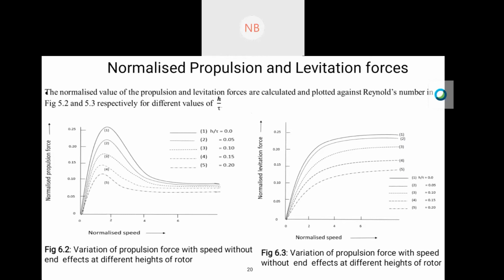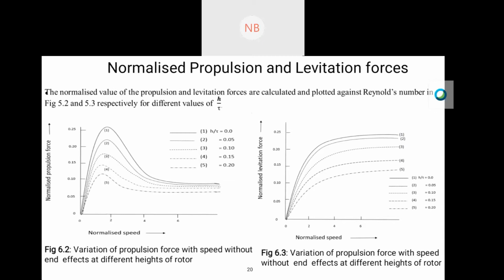So this is the graph where I have plotted the normalized propulsion force versus normalized speed curve. Here you can see that this curve is similar to the torque versus slip curve of an induction motor. In an induction motor, as we had only the rotating magnetic field, there we obtain the torque. Now here we are getting a linear traveling magnetic field, so we will get a force. So here we are plotting the curve of force versus slip. You can see the value increases till it reaches the maximum value of 0.25. Then after that, the value decreases as force becomes inversely proportional to the slip.